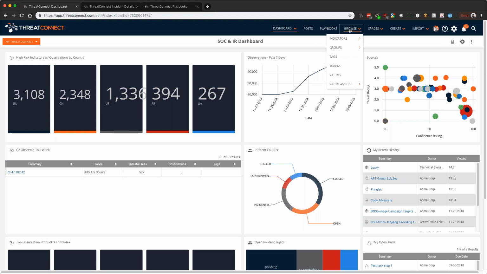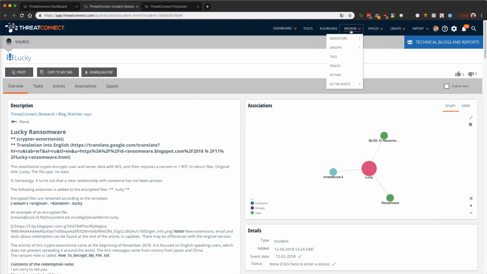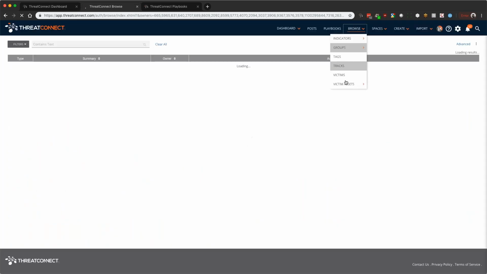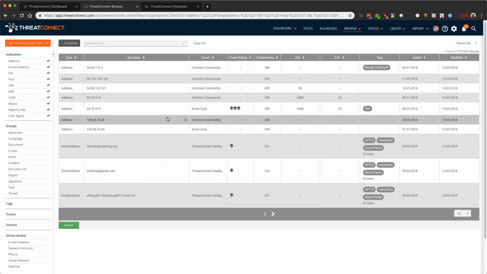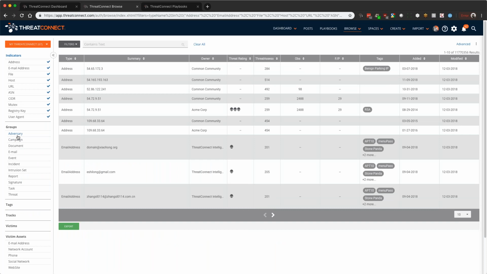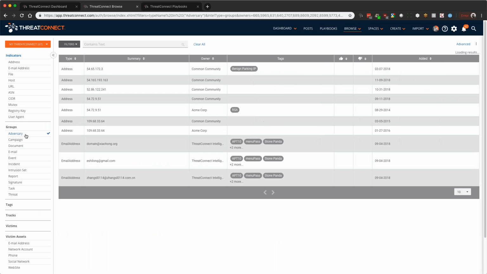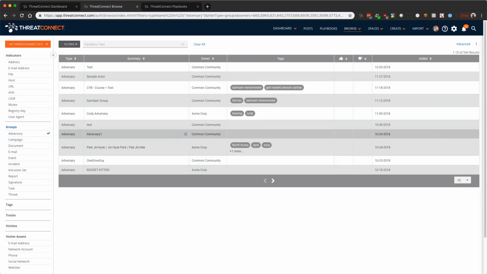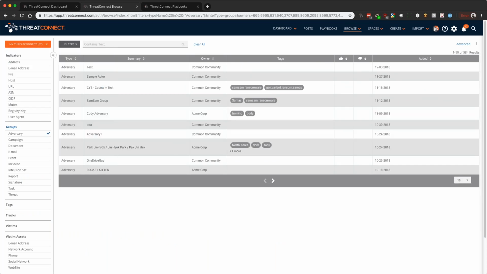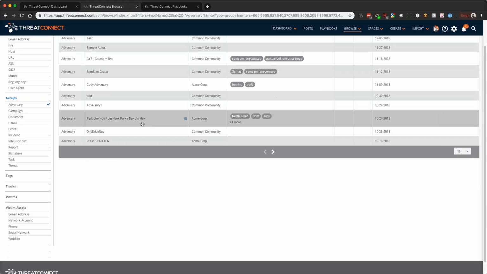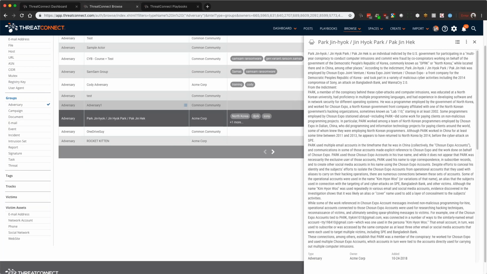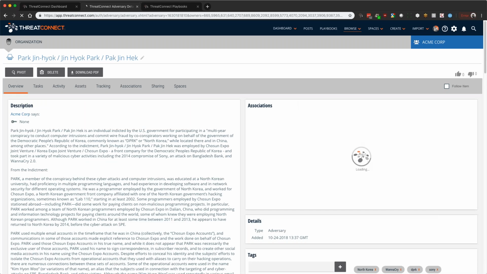So to look at the bigger picture, also to look at some of the intelligence, we can start going into the browsing environment. So we start browsing, and as you start browsing for a lot of information, you can start thinking about, well, that atomic level indicator doesn't really mean much to me, and for the most part, it doesn't really necessarily have to. If you're looking for something that's more specific to adversaries or something else of that nature, you absolutely have to look at those adversaries and how they pertain back into other environments and how they go ahead and react. So you can start looking at it from that group perspective and start seeing groups of